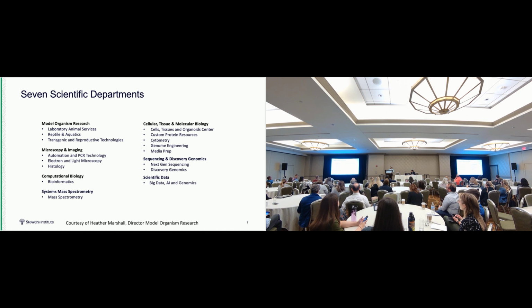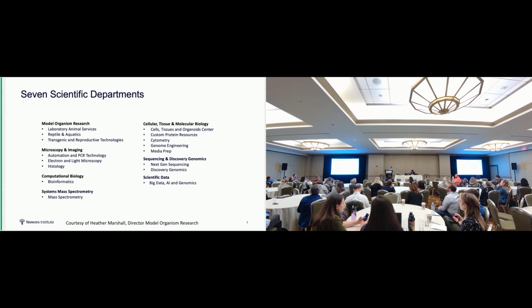This is how the Stowers Institute restructured their core facilities a few years ago into what they call technology hubs, or as identified here, 7 scientific departments. Stowers Institute has all of these different core facilities that existed prior as individual cores, and they have now restructured them under different